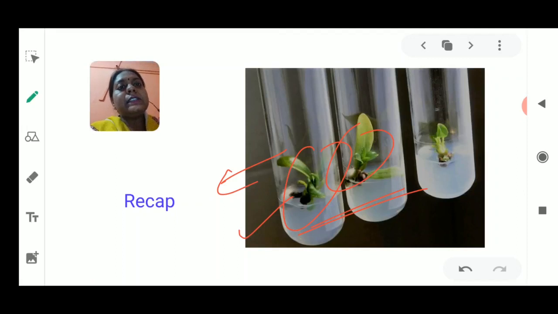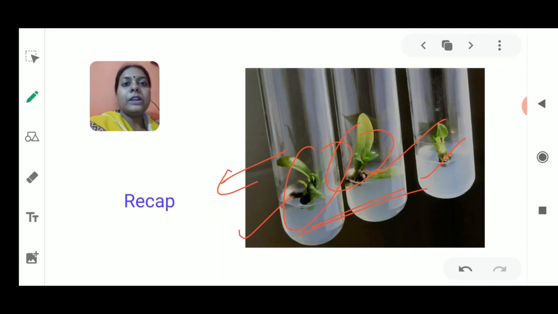Okay, so these are some advantages of using vegetative propagation, because in vegetative propagation the desired quality of the plants is generated. We can generate a large number of plants at the same time, because we can use hundreds of test tubes and generate these plants in them, and then one of the plants is taken out and sown into the soil. So these were a few of the good qualities of vegetative propagation.